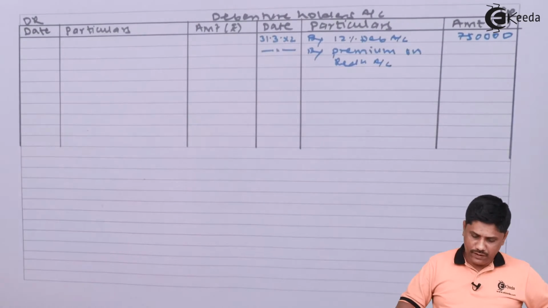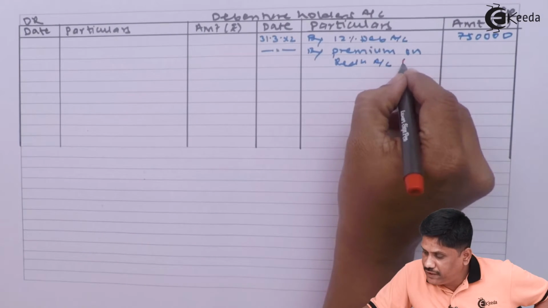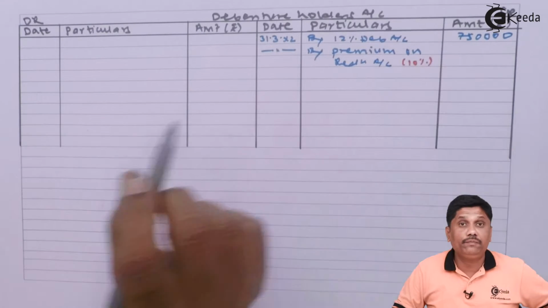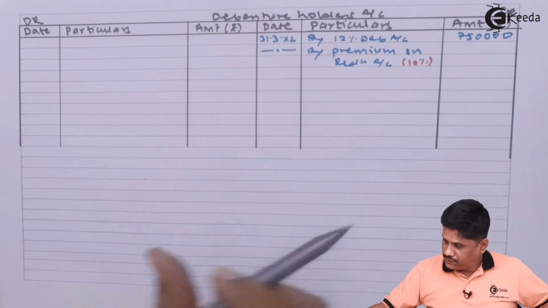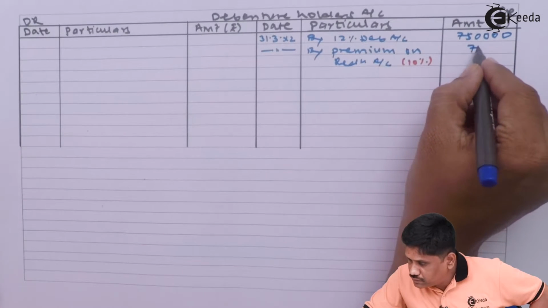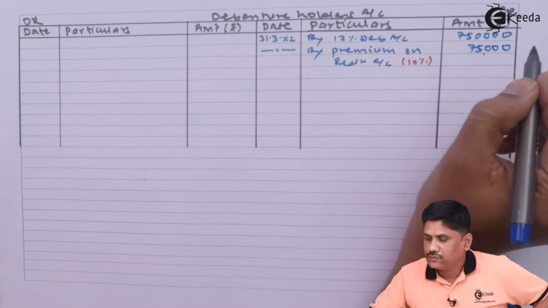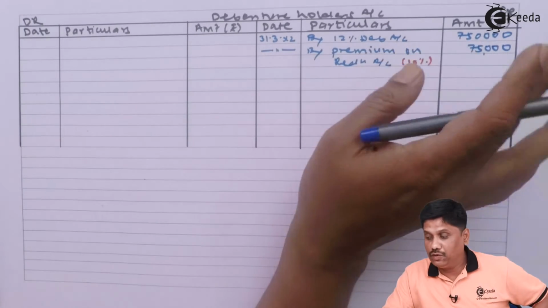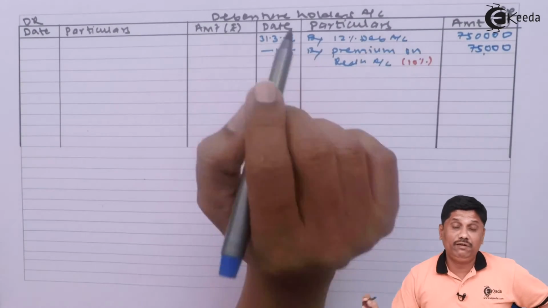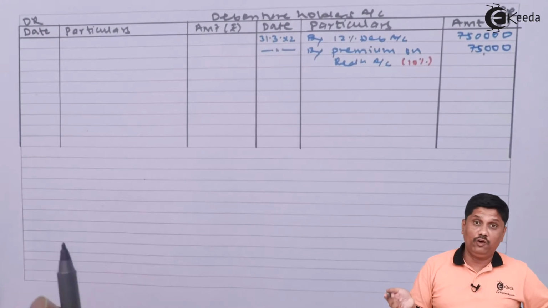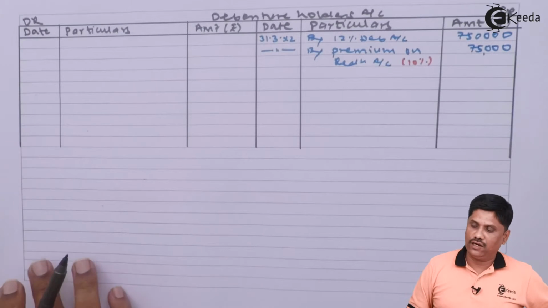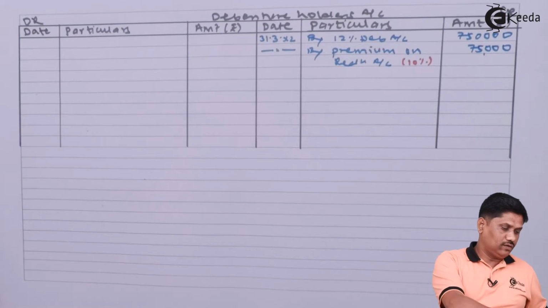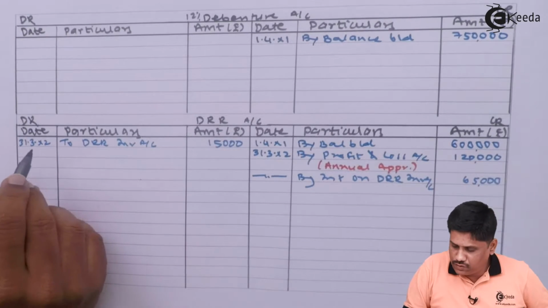बाय प्रीमियम ऑन रिडम्पशन अकाउंट। प्रीमियम कितना है स्टूडेंट बताया उन्होंने, 10% बताया, तो 10% कम्स टू 75,000। तो 12% डिबेंचर अकाउंट डेबिट होगा, प्रीमियम अकाउंट डेबिट होगा। याद रखना है प्रीमियम अकाउंट अल्टीमेटली विल बी डेबिटेड टू डीआरआर अकाउंट। तो डीआरआर अकाउंट में डेबिट होकर ये क्रेडिट होकर क्लोज हो जाएगा अकाउंट। तो पहले मैं डीआरआर अकाउंट में जा रहा हूं 31 मार्च X2 को ही,